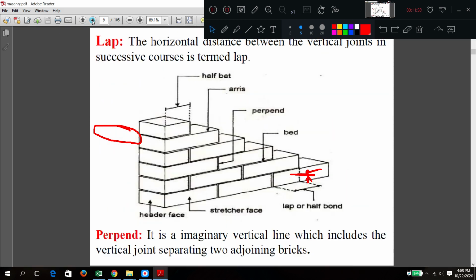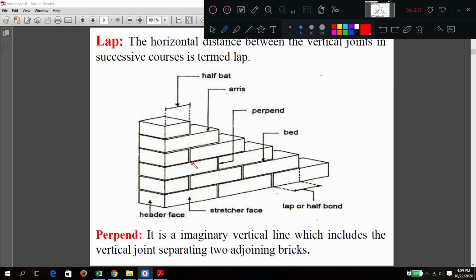We'll go next to terminologies. Here you can see. Now, what is this lap? Consider this layer and consider the immediately next layer. You should take immediate layers, which we call successive. Alternate layers means leaving one gap and taking the next one. Successive layers means you are not leaving any; if you consider this and the immediately next, continuous, these are called successive layers.